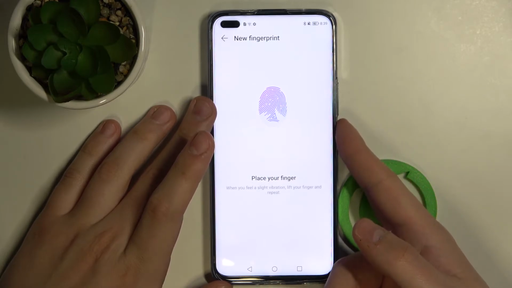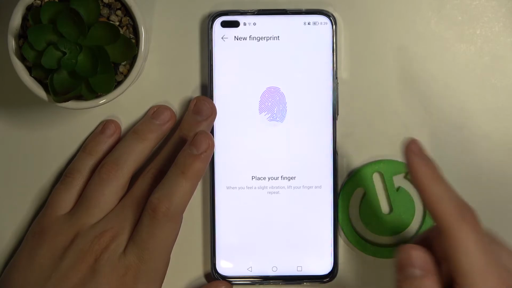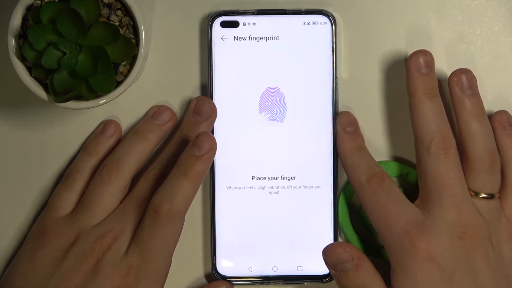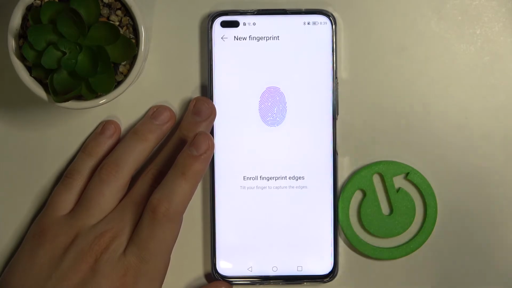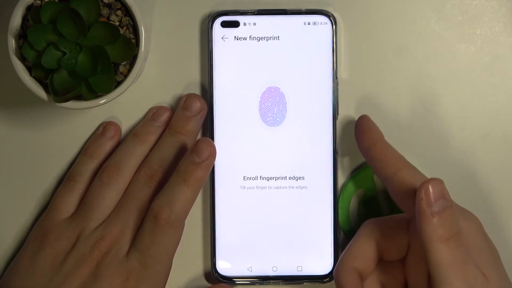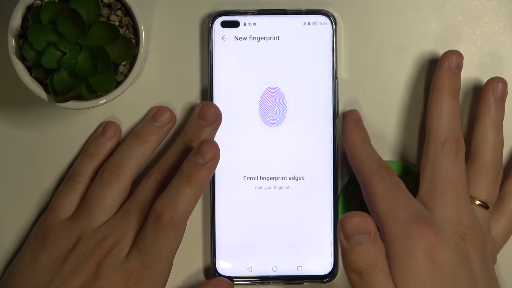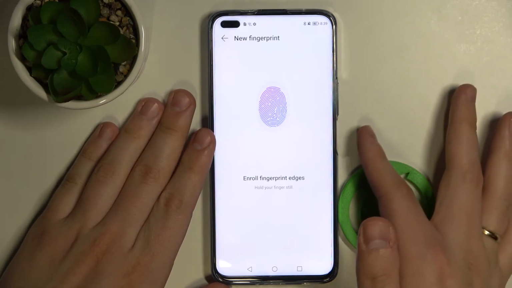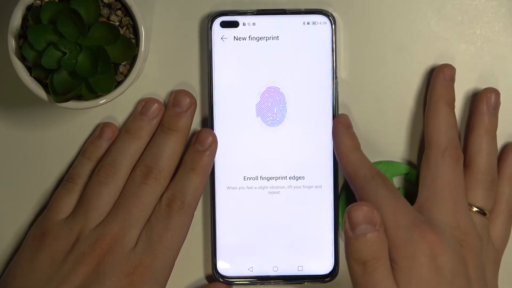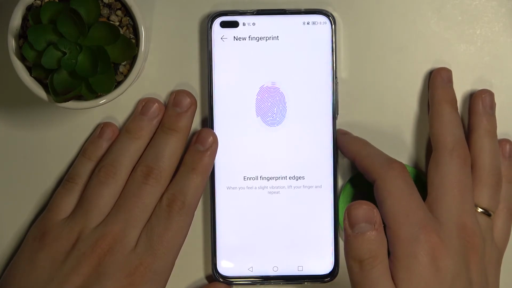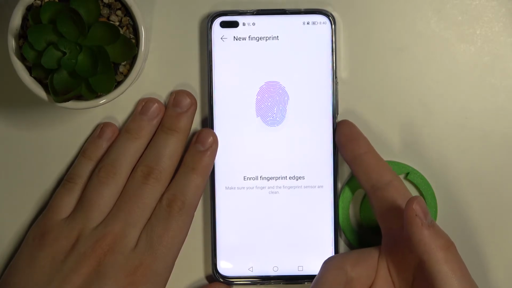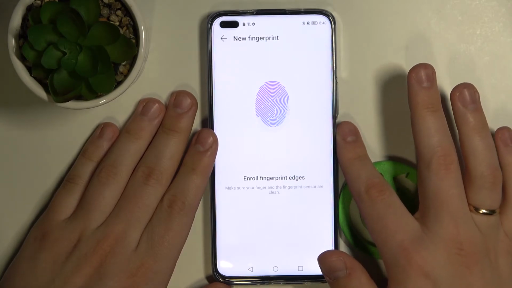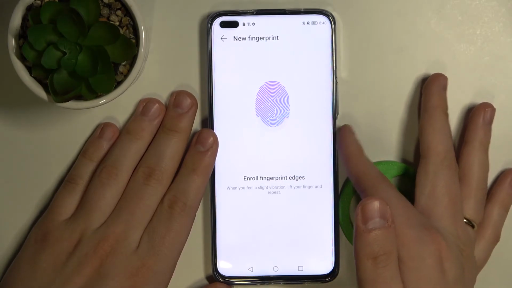It takes a little bit of patience, but other than that, it's a pretty easy procedure. Just follow the zones of your fingerprint that need to be scanned and put them accordingly, just like that, this, that, or that. I gotta enroll some edges of my fingerprint real quick. So you gotta just scan your fingerprint all around,